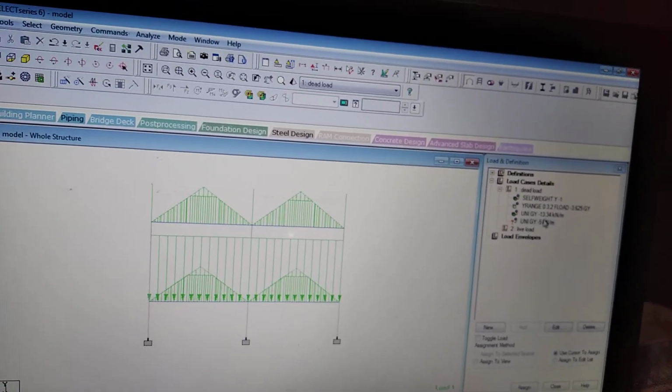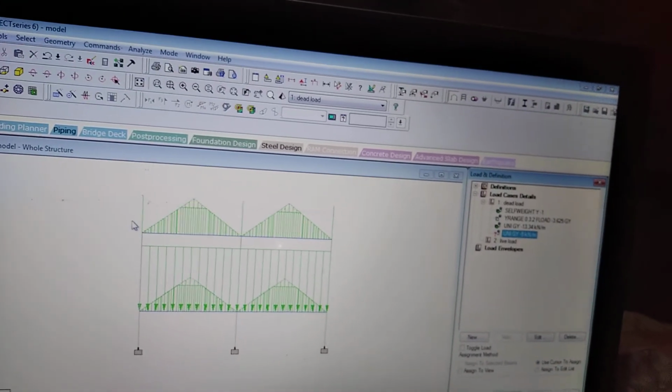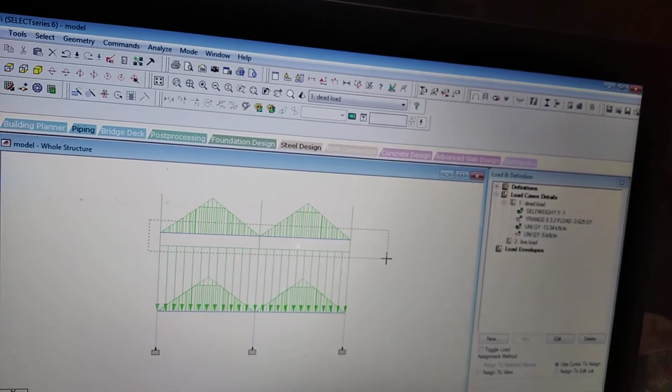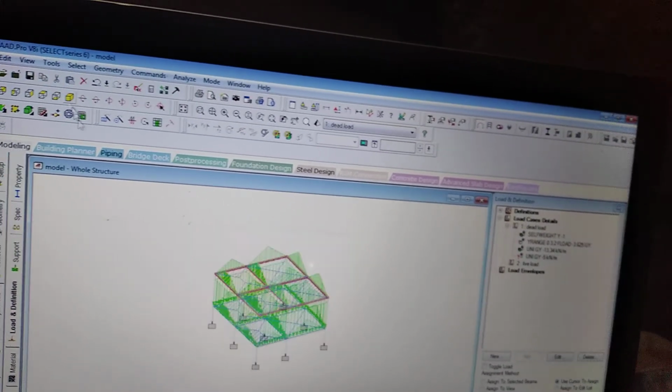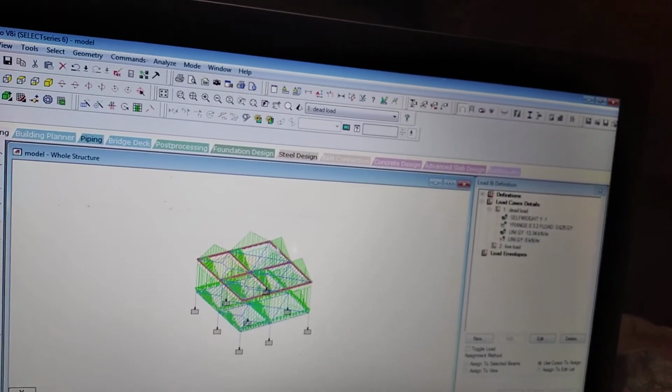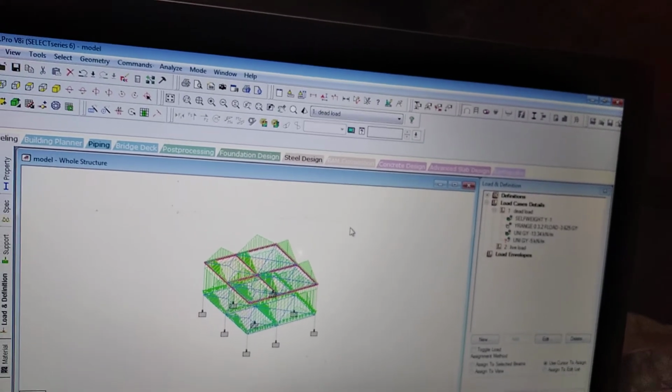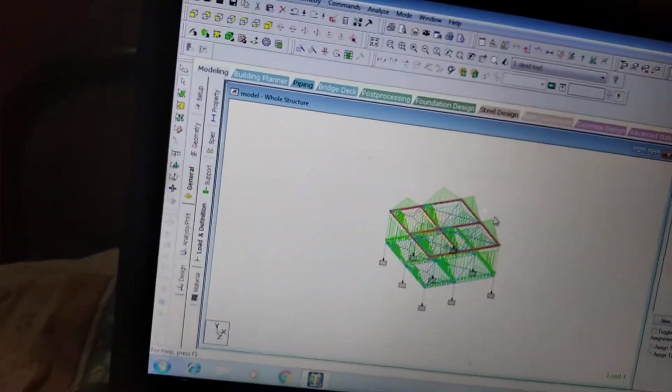So I will select the parapet load, and the parapet load indicates only the upper part of the structure. Okay, that is edges only. So I will select the parapet. See here, I want a parapet load only at the edges because a parapet we will mention at the edge side of the building. So what I will do, I want to select the edge side, no?